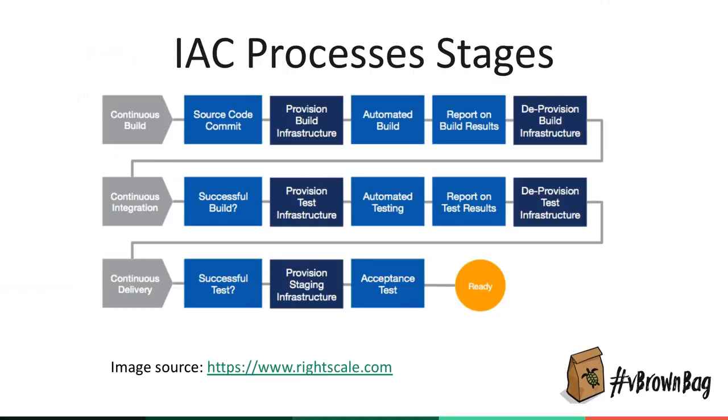So from a continuous build point of view, this is where you've done your source code, you've committed it. As part of that commit, it's going to provision and automatically build it and do a report. So it's going to say, hey, look, I've spun up these switches and this server, and I've provided some storage to it, and maybe I've grabbed the database from our last backup through a live mount system, and now I've run tests. I've said, can switch A talk to switch B still, and the test can depend on the scope.